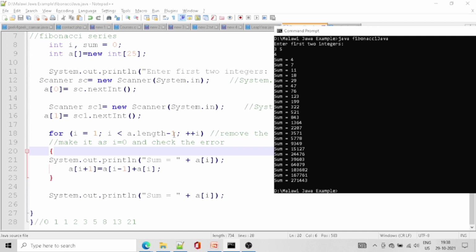After the execution of this statement, i becomes 2. Here the value becomes a of 2.